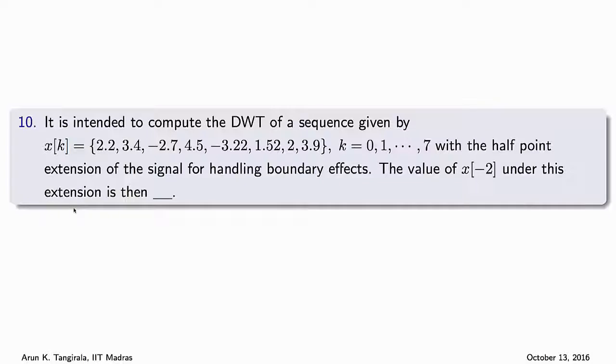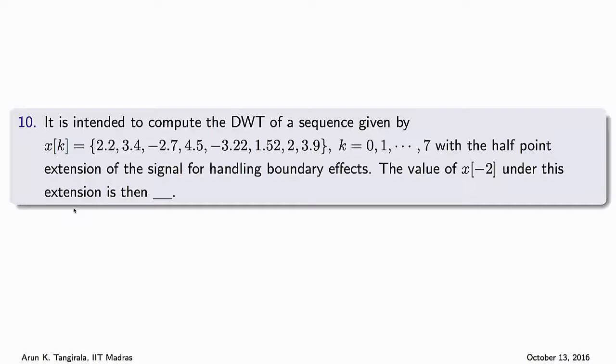Okay, very good. So, let us now move on to the 10th question. We are moving further now. We do not know whether we will take a U-turn later on, but we are moving further, where we are being asked to compute the DWT of a sequence. The sequence is given to us. It has a length of 8 observations, and